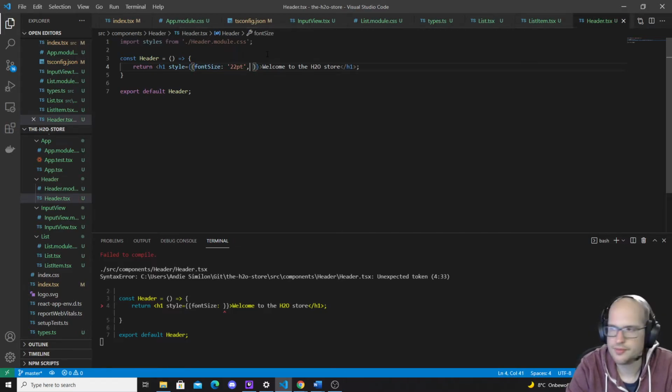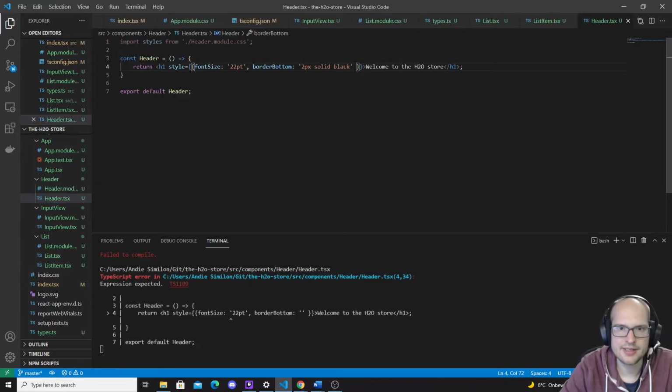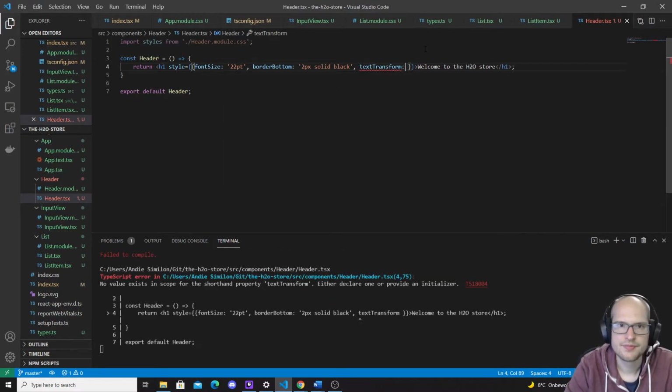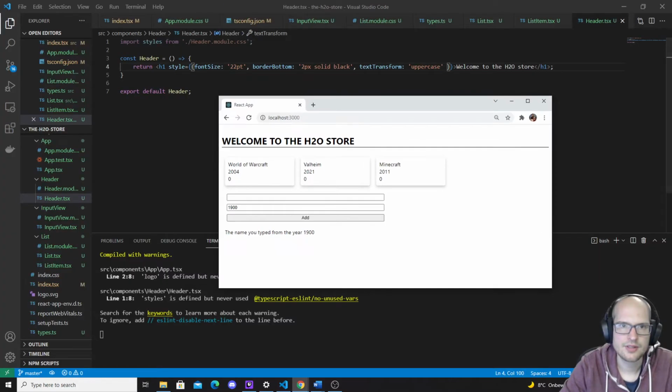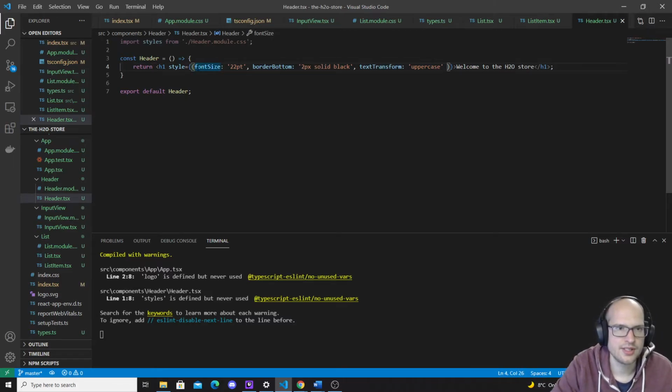We use 22 dot border bottom, and we can just copy this, and you can see that it will actually remain the same, but it looks different. Uppercase, and as you can see, it still looks the same. So we actually defined our style as a JavaScript object, which contains some properties. And that is the reason why it's written like this, because we cannot use